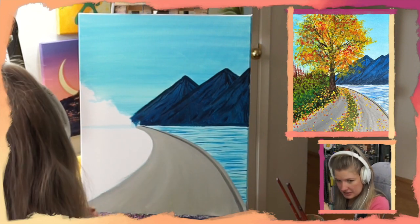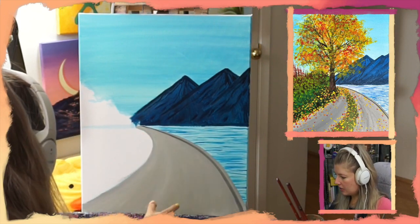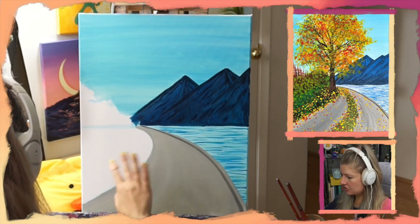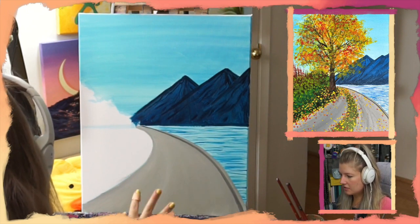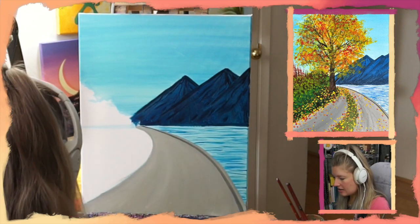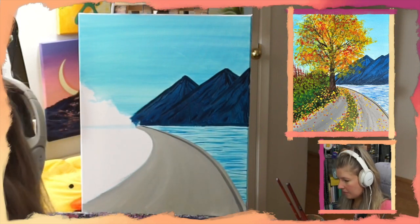So all the other path details, including the green going up the middle, all the nice leaves that you see added in, we'll add those later because we don't want to be messing around with the gray while it's still a little bit wet. It's going to create a lot of muddiness. We don't want to have a gray green and a gray yellow and a gray orange,